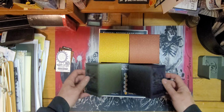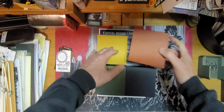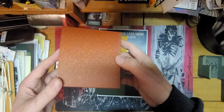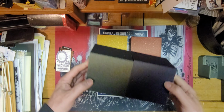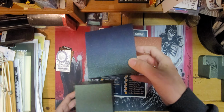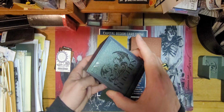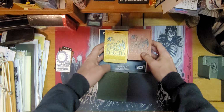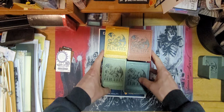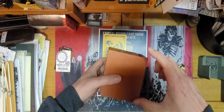We have a gold, we have a rusty Oxford, which has this lovely sparkle to it. I don't know if you guys can see this on here or not, but it does have a nice little sparkle to it on the box. All 3 of these designs have that. The green, and there's this nice metallic blue. We do have a very special edition coming out of this, also in a prismatic hypercolor change. These are available in store also, and we have a special edition, limited super duper version of this